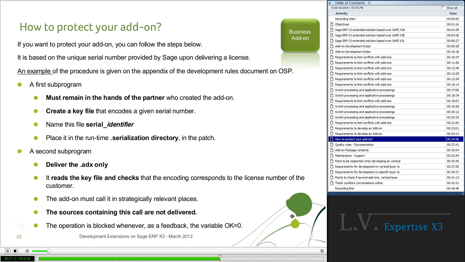So your add-on must call this subprogram in the relevant places of your application, your extension. As I said, the source containing this call is not delivered. The operation, the call, is blocked whenever as a feedback the variable OK equals 0.